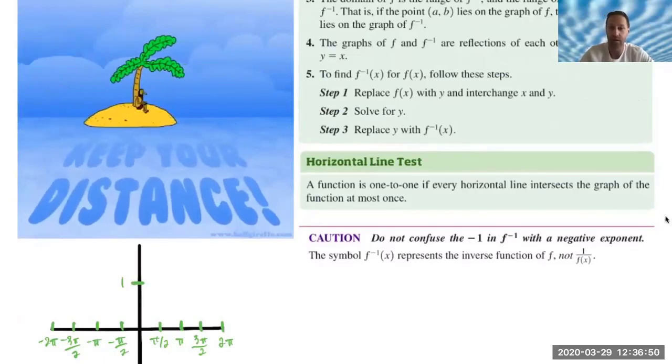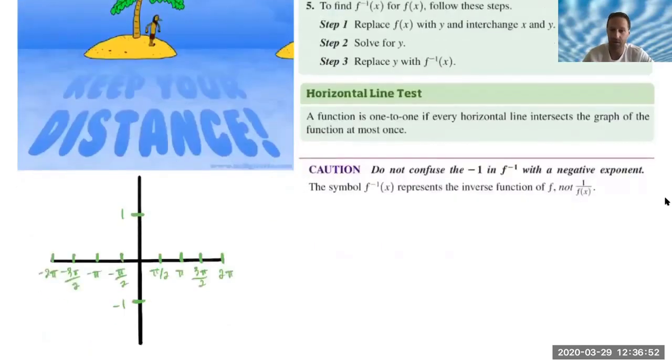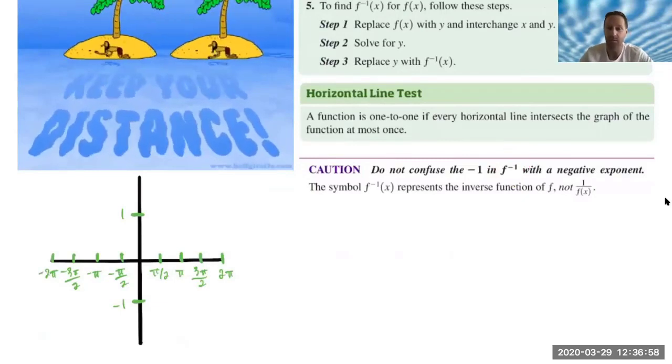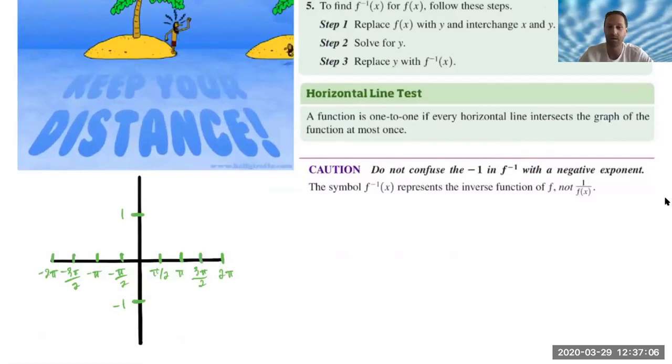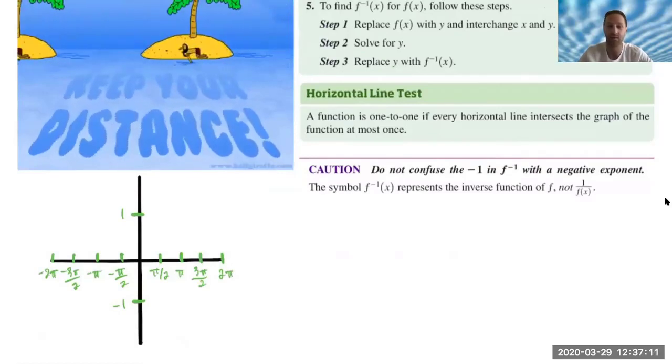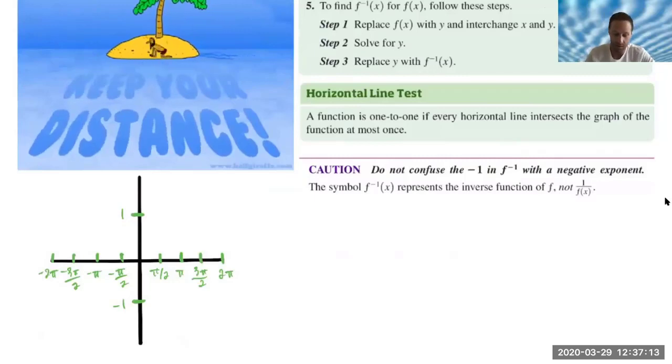All right, and so one thing I just wanted to make sure that you're all aware of is that previously in algebra you knew f to the negative 1 to represent the reciprocal. Anytime we had a negative exponent, we flipped it, in other words. Unfortunately, in math, we sometimes repeat things. And so in this case, we are repeating that symbol to also represent the inverse. And so what we're going to start with here is